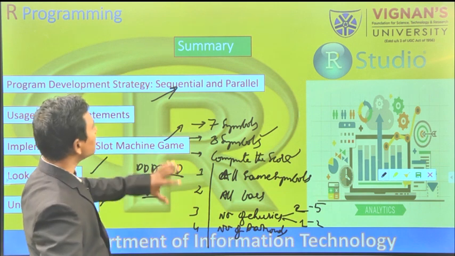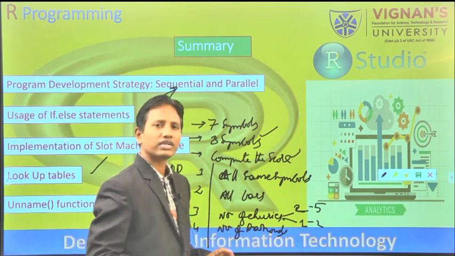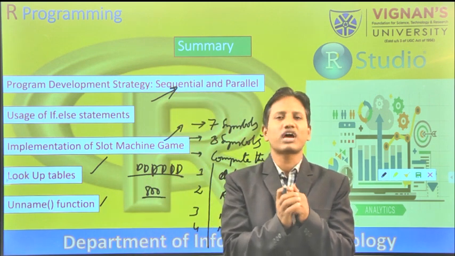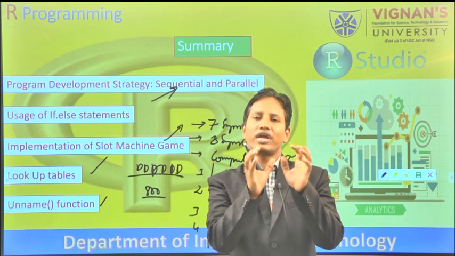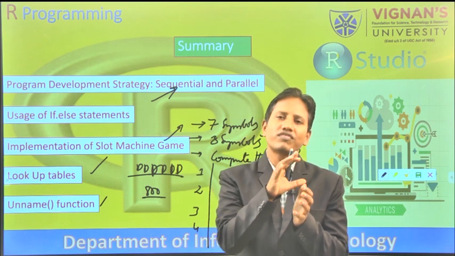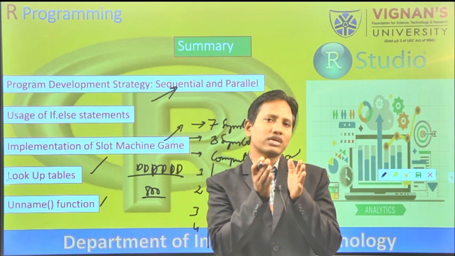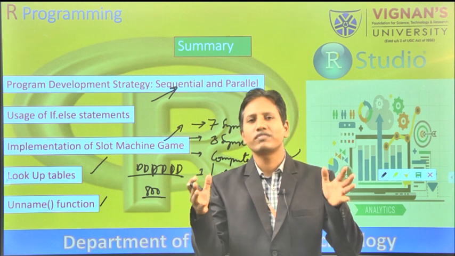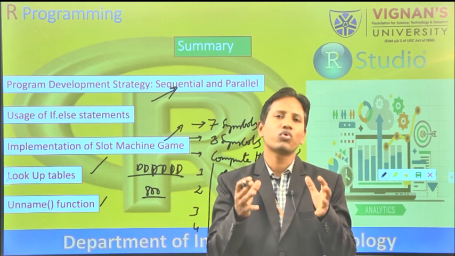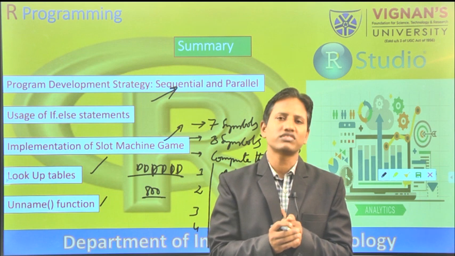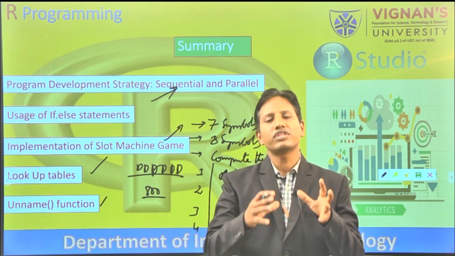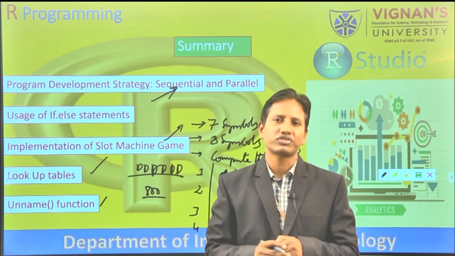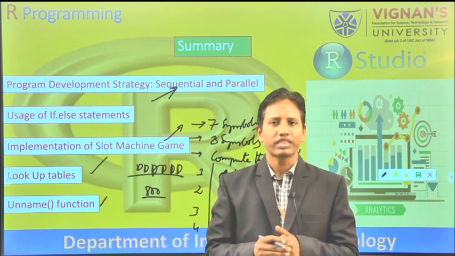So with this, we have learned what a programming strategy is, how to use if-else conditions, how to divide a complex task into different subtasks, and how to write the program case by case. These are all things we have learned with the help of one entire project called the slot machine. And further we are going to see a better version of this slot machine, which includes wildcards also. Thank you for watching.